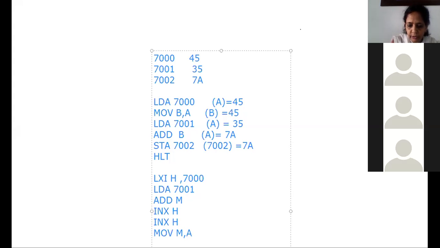We have studied so many instructions. What is the use of those instructions? You have to just think. Just write down these particular instructions, and then I will end the meeting and you please join another meeting again. I will take a little time later if needed, because if you have exams on Saturday or Sunday, I'll just take 10-15 minutes and then finish. Have you all written this? LXI H 7000, LDA 7001, or just write down this 7000 in this so that it becomes easier.